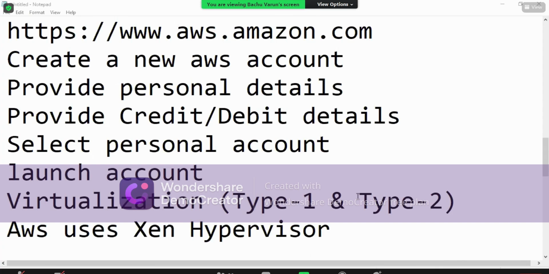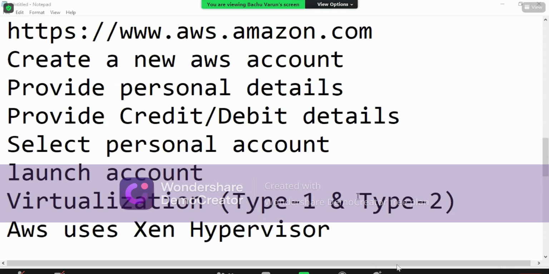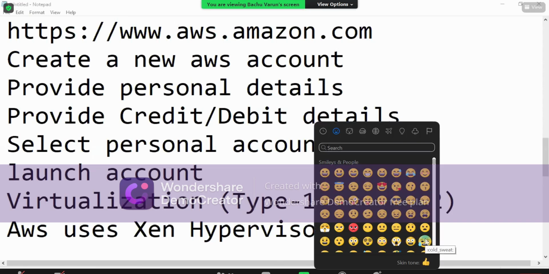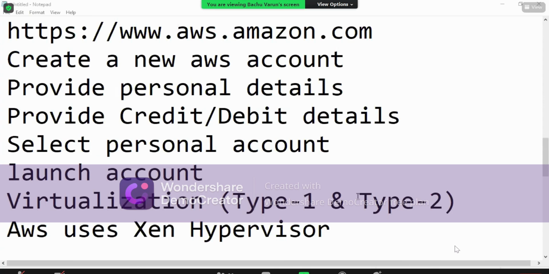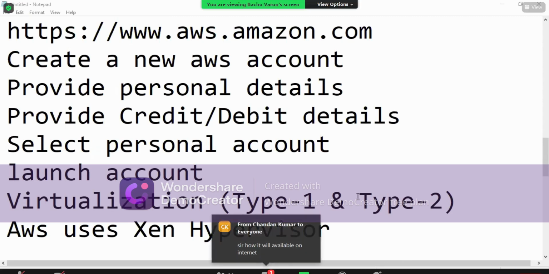So in cloud service providers, whether AWS or Azure or any other, we use only type 1. So no need of worrying about that. The virtual machine will be available directly on the internet.